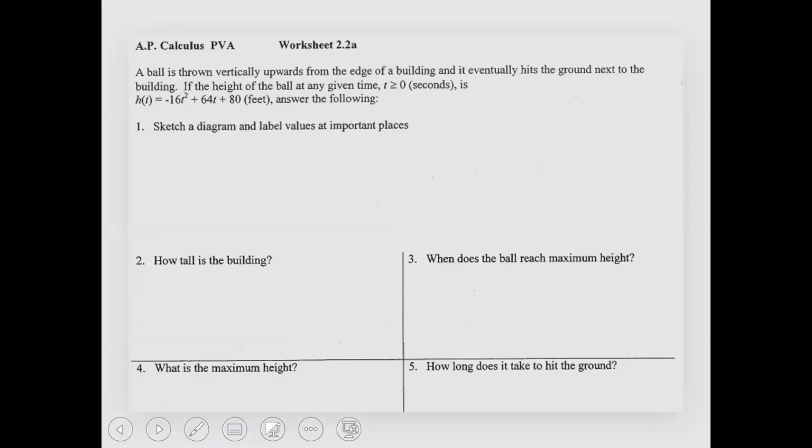Okay, so a ball is thrown vertically upward from the edge of a building. It eventually hits the ground next to the building. If the height of the ball at any given time t greater than 0 seconds, because time doesn't go backwards, is h of t equals negative 16t squared plus 64t plus 80 feet,